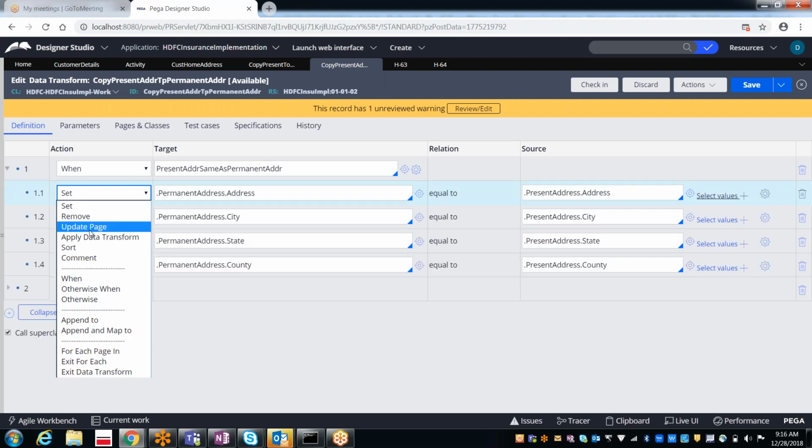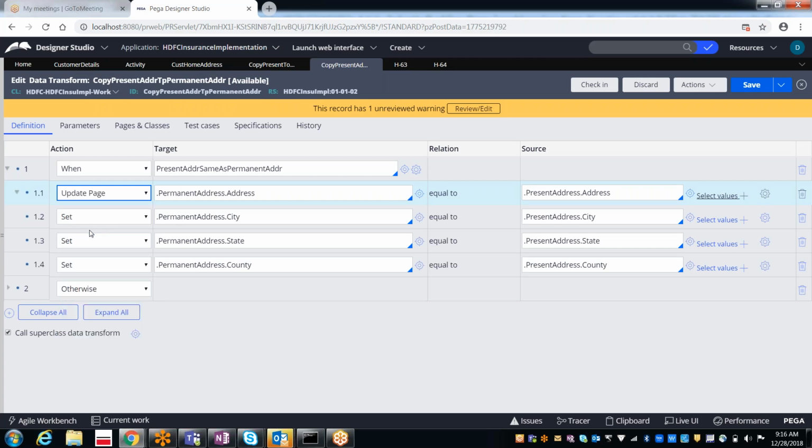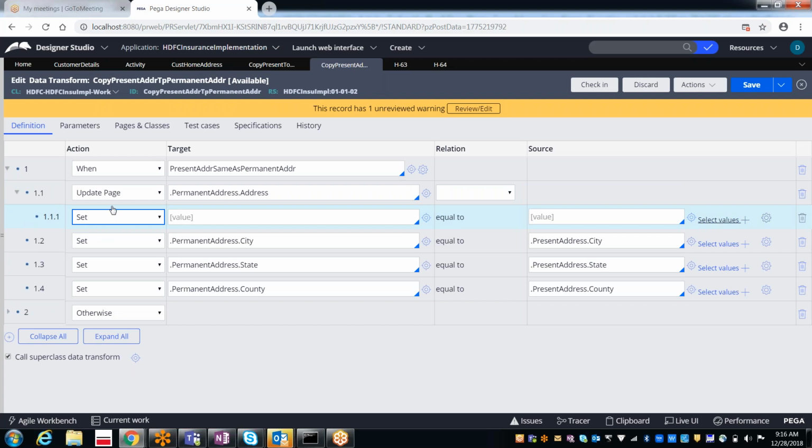So how can you do the page copy kind of thing? Here, instead of the set, what we can do is update page. When you use update page, it's like a confusion. Can I delete all these steps? You are clear with this, right? Yes, I'm removing the set. Why?